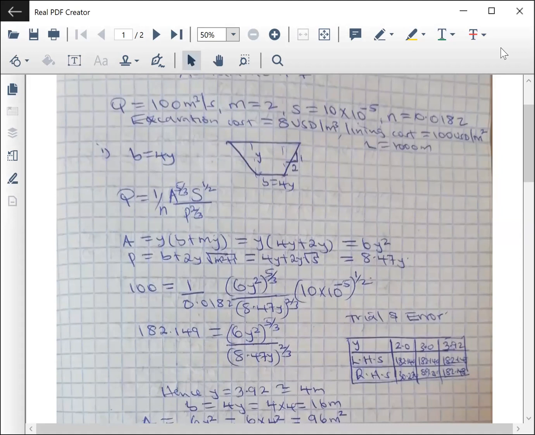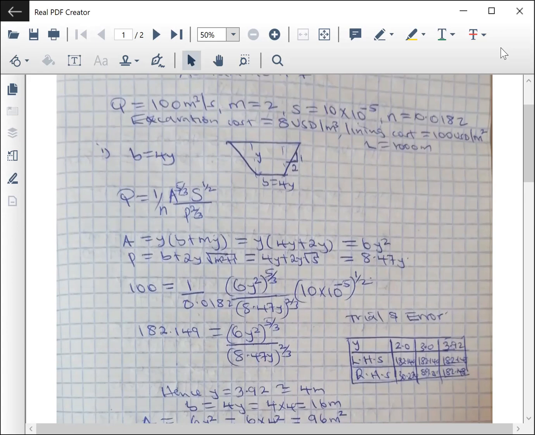So it reads, a new lined canal shall be constructed in an African river basin. The maximum design rate of flow is 100 cubic meter per second. The side slope is 2:1, and the longitudinal bed slope is 10 centimeter per kilometer. The channel is lined with concrete, for which the design Manning roughness coefficient is